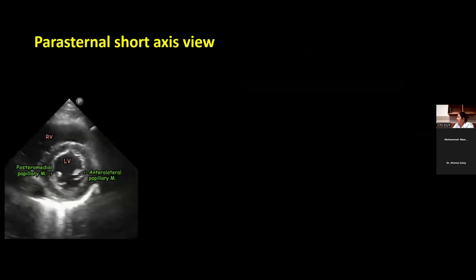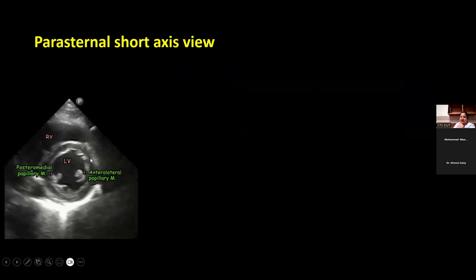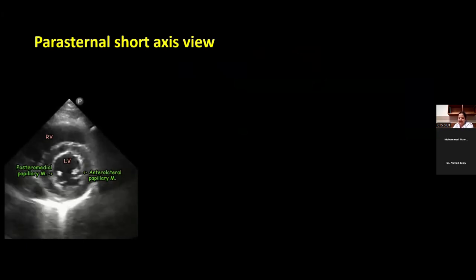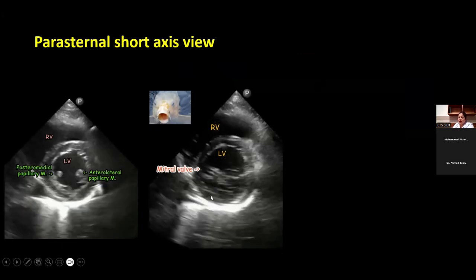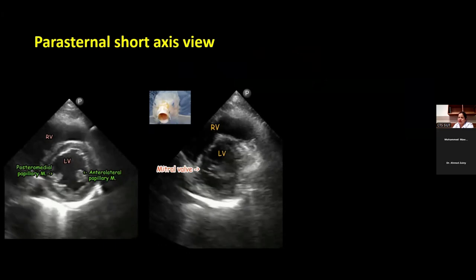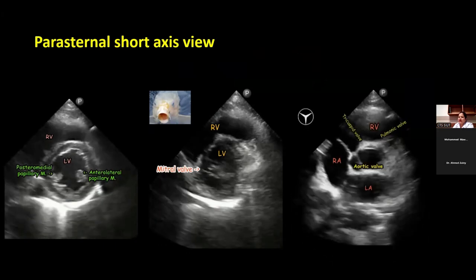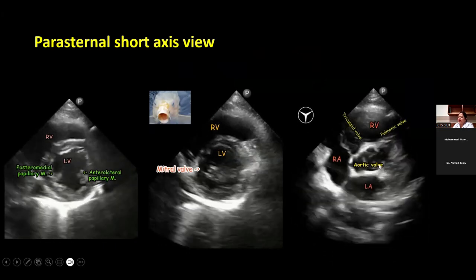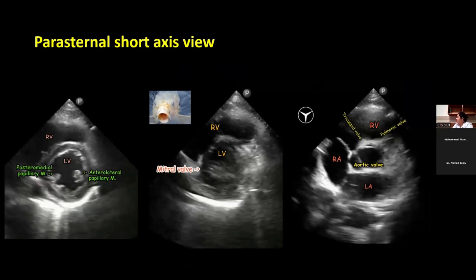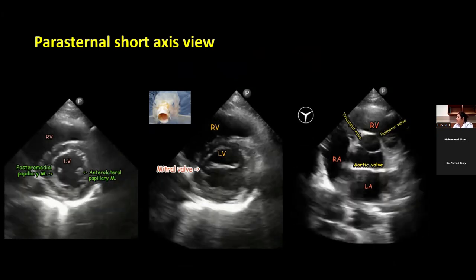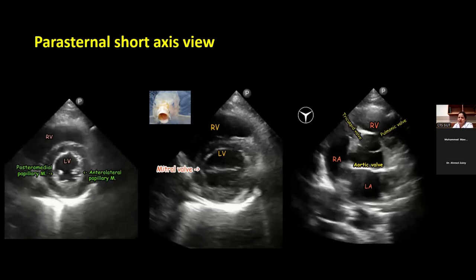So how does it look when you finally acquire it? When you acquire the parasternal short axis view, the LV should be like that, and the RV should be sitting on the LV. Now, when you turn the probe, you will get the basal level, and you will get the aortic level, and this is how it looks. So if you know what the basic structures look like in the normal views, then you can appreciate it when you find abnormal findings.